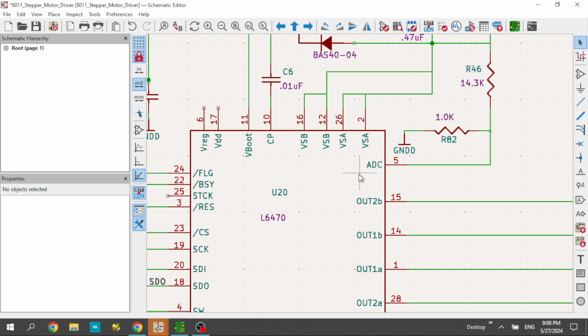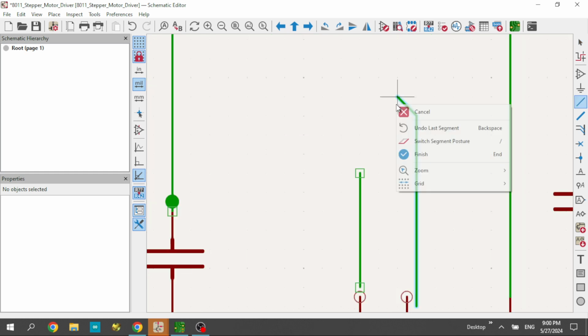I tried to connect here. So look, it doesn't connect to the point because that symbol was done in a different grid. So now over here, I already fixed it. So if I take this out,